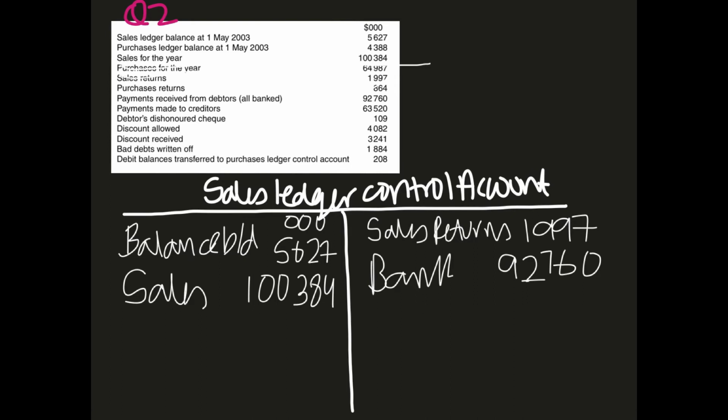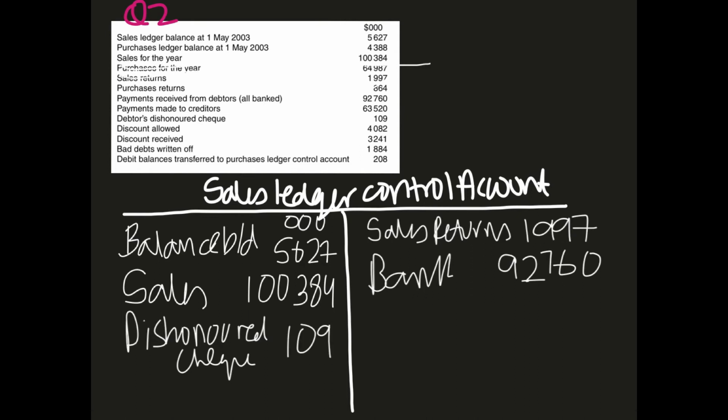Payments made to creditors, we don't need that in a sales ledger control account. Debtors dishonored cheque. Dishonored cheques are mentioned on the debit side because this is the amount which your trade receivable or your debtor has paid to you, but for some reason you didn't receive that, so your trade receivable amount will increase. Again,